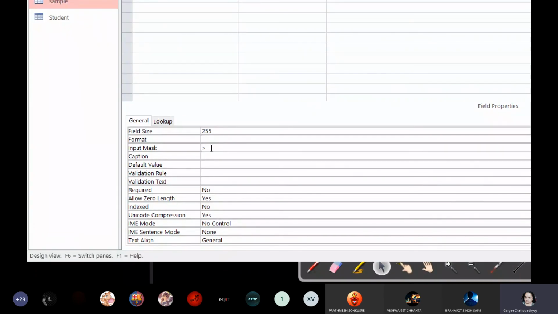So I will start the first character as capital, so greater than L. L means there should be at least one character, the user must enter a character or an alphabet. Okay, and the rest of the letters I'm going to set as question marks. That is, the user can enter a letter.